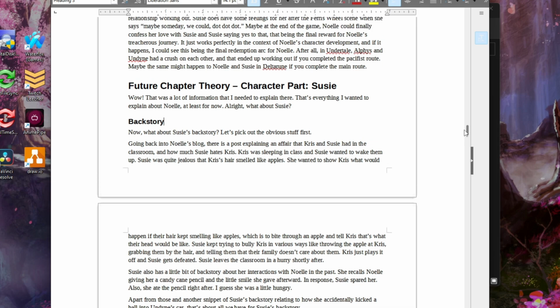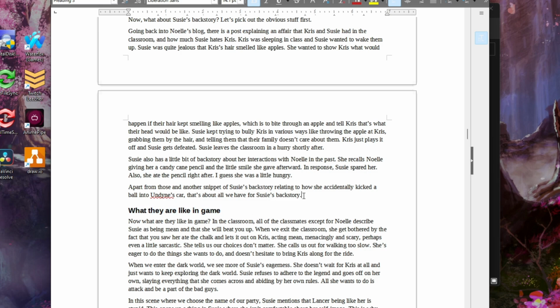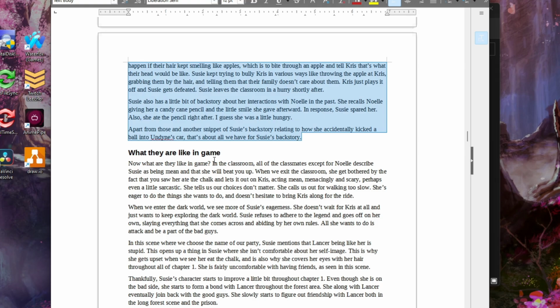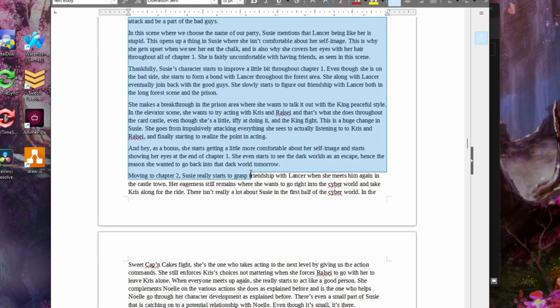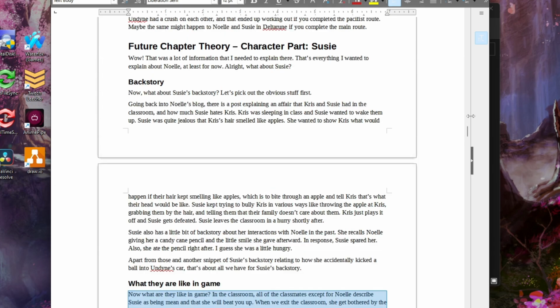Okay, so that's actually when I started doing the Susie section a little bit. For some reason I did the backstory first again. This is before, this is the obvious stuff. I didn't even finish this part. And then I did this so much differently. Susie was barely fleshed out here.